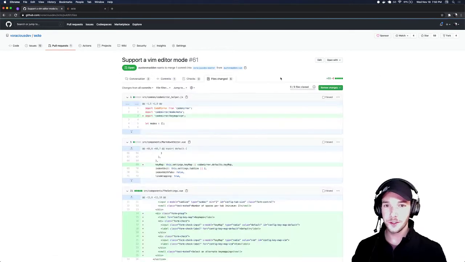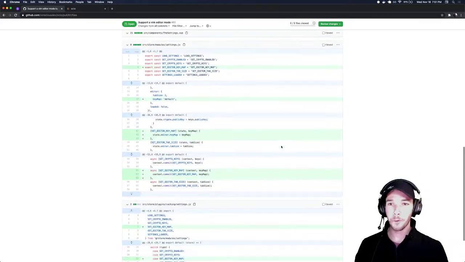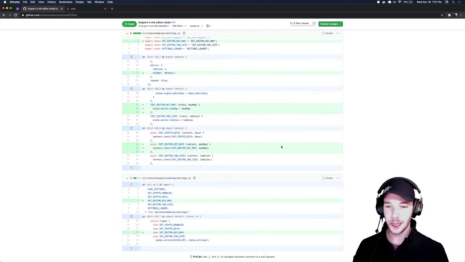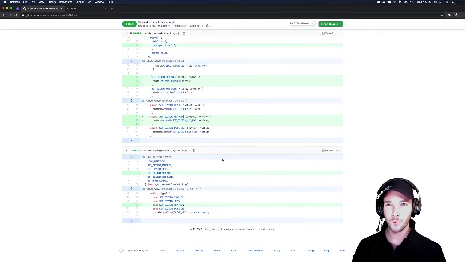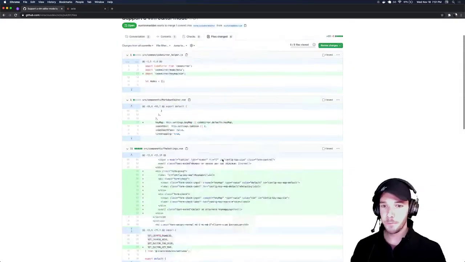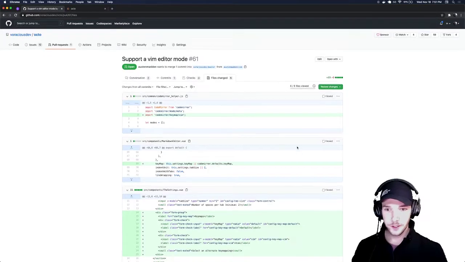5 files changed. The only difference is now it's up to date with the changes that I've made recently, which, yeah, there were no conflicts. I wouldn't have expected there to be any conflicts based on what I have worked on in the last couple of weeks since this was opened. So awesome. We got everything up to date, and now I think we're ready to actually start working with this